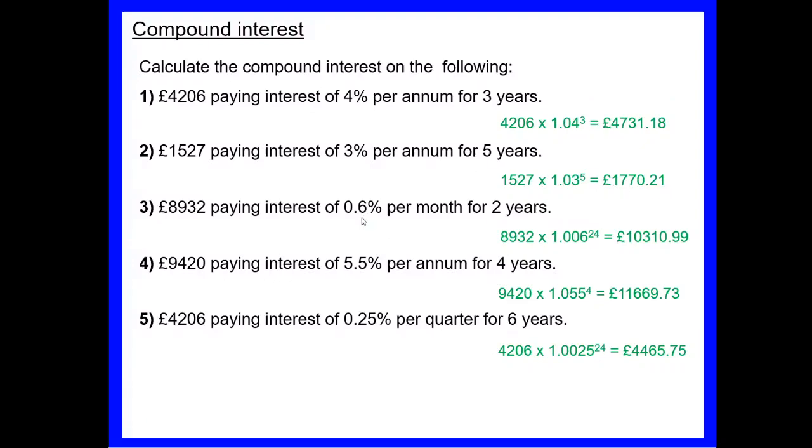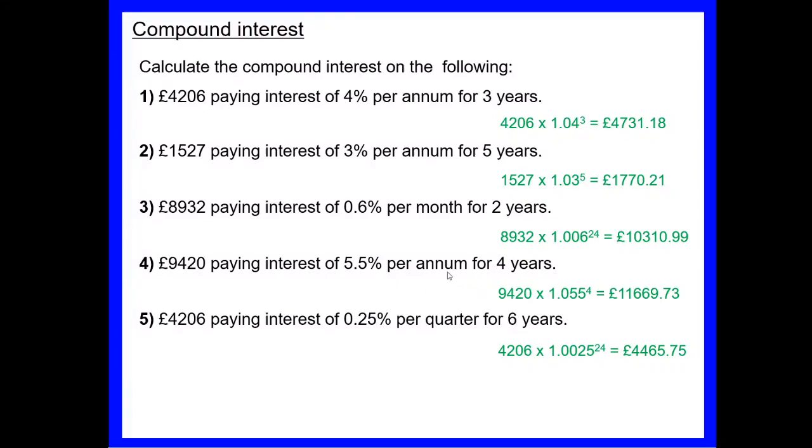This one then, 0.6% per month for 2 years. So there are 12 months per year. 12 times 2 gives us our 24. And we've been careful here with our decimal multiplier to make sure we've got the right amount of zeros in there. The next one then,